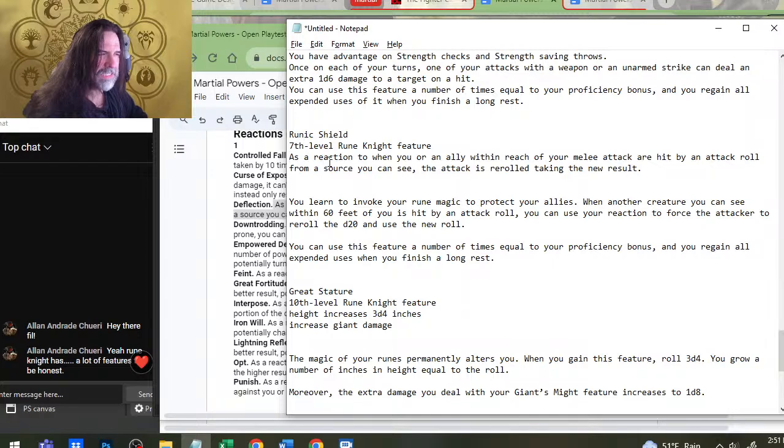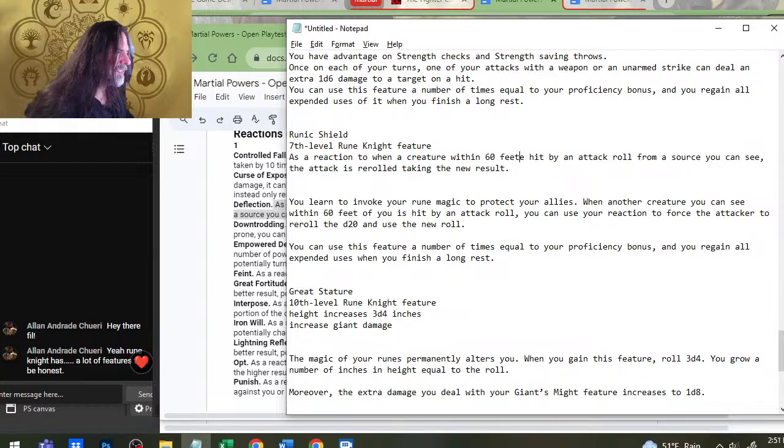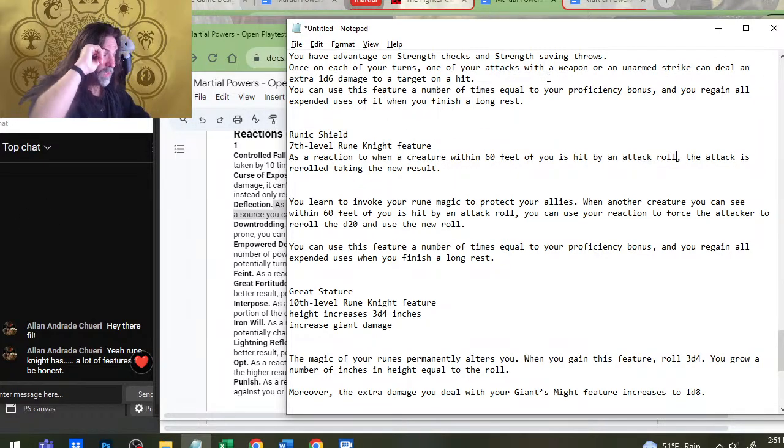Seven. There. Let's see. As a reaction to when a creature, comma, the attack is rerolled, taking the new result. As a reaction to when a creature within 60 feet of you...